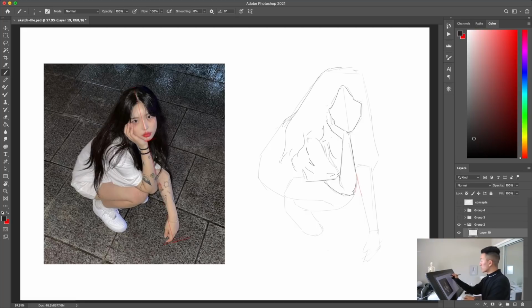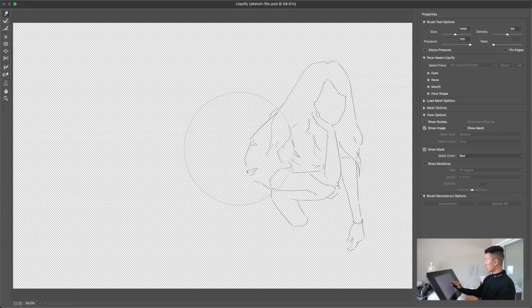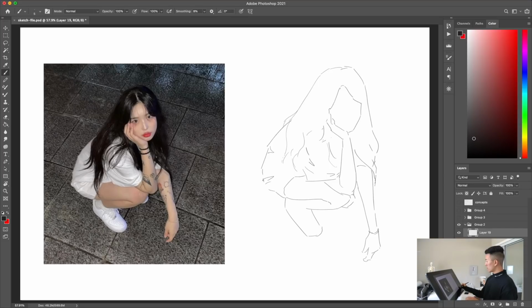So this process is really simple. You know, once you set down the big shapes, you can kind of just go over it with a little bit more detail, a little bit more refinement, basically just following the lines that you've set down before. It's almost like constructing a building. You know, you've set down the concrete and you're just adding the glass on top. I think I'm gonna move the back in a little bit. So that looks pretty good to me,